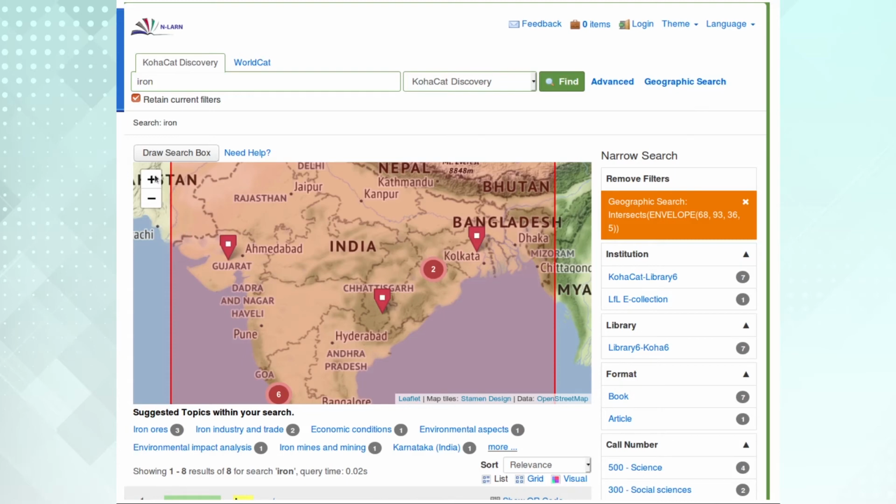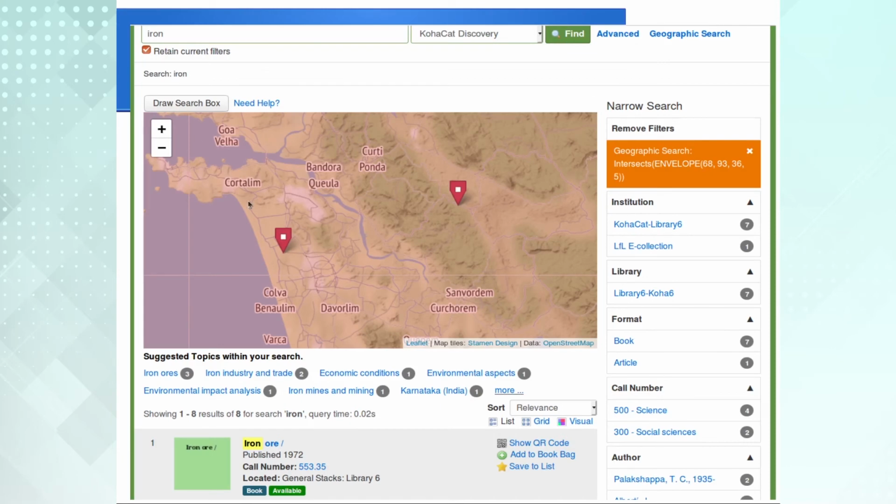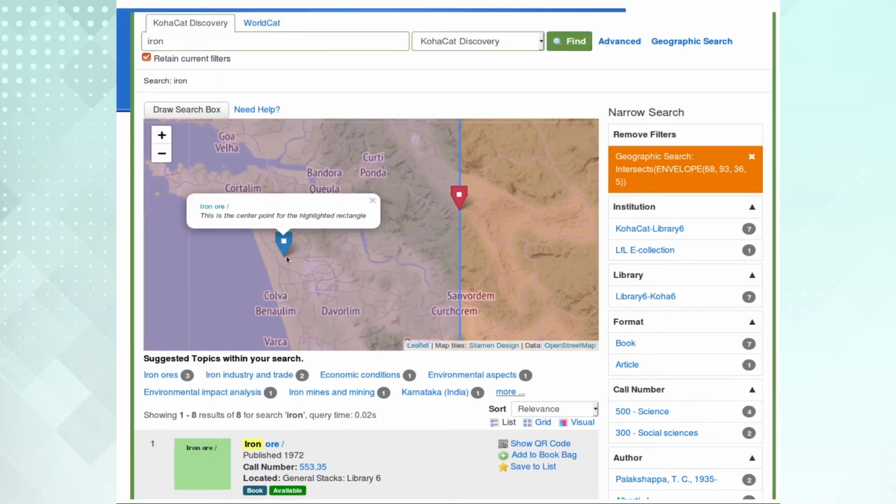So, both zoom in and zoom out are possible, and you can always zoom in to a particular place name. Say in the southern part, I can zoom in again. In this way it can show me which particular area, and if I click on this geo fencing, it can show me the title of this particular document and also retrieve the document.